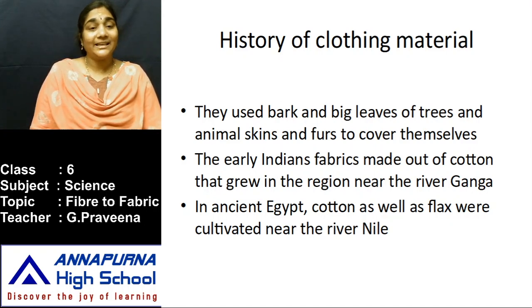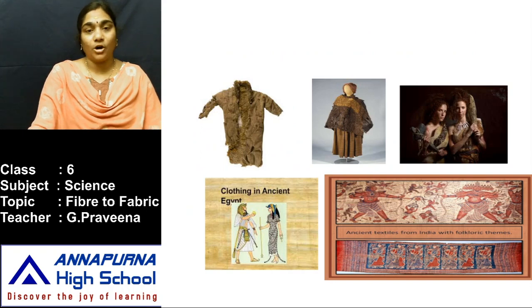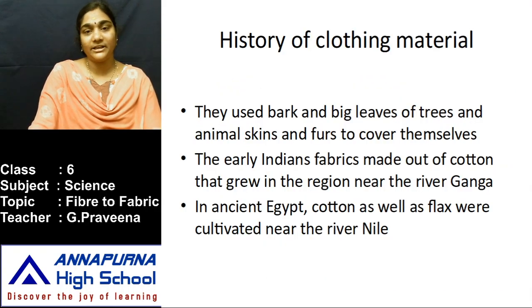As there is a variety in the food that we eat all over the country, there also exists a variety in the clothing and the fiber material that we can see all around. In this picture, you can see ancient people used different types of material, even animal skins, to cover their body. Even today, most fabrics such as sari, dhoti or lungi are not stitched; they are draped as such. So as there is a variety in the food we eat all over the country, there also exists a variety in the clothing material.